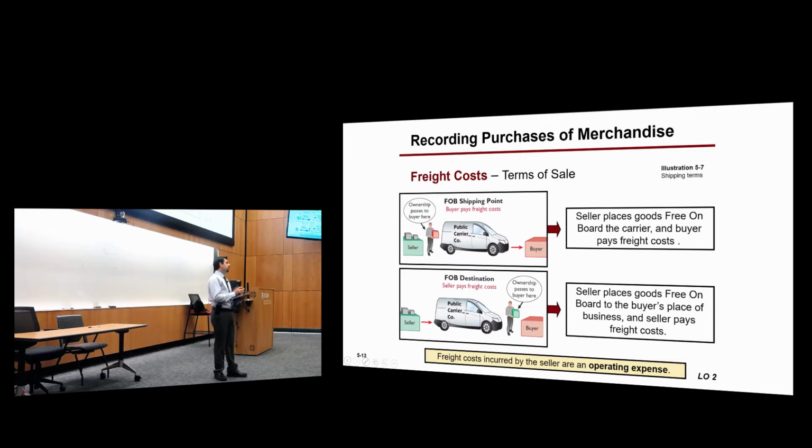If it's free for the seller, who's paying for the shipping? The buyer. When you say FOB destination, don't get mixed up. Don't get them wrong. If it's free on board for the destination, it means it's free shipping for the buyer, for the destination. Who's paying for it? The seller. Now, when you say that it's free on board shipping point, who's paying for that? FOB shipping point, the buyer.